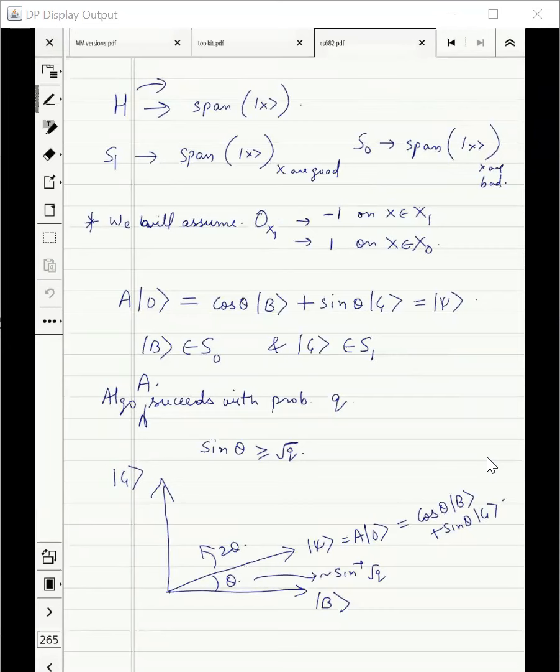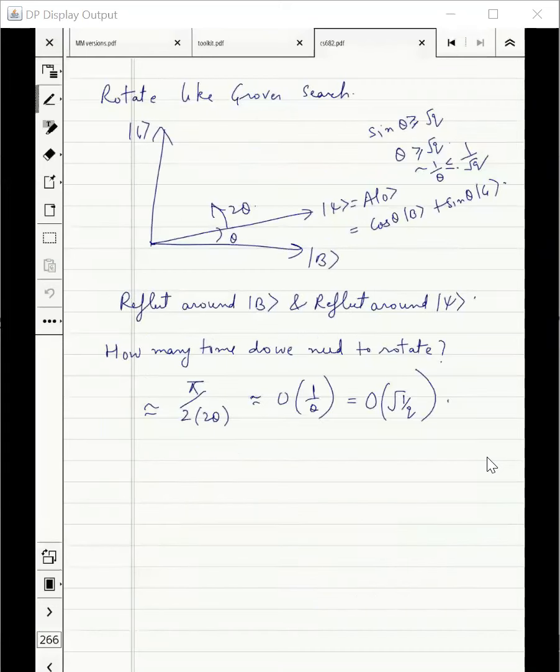Let me tell you, the answer is hidden on this page. One of the reflections is written on this page. Around V, it's easy; we can get it. We have an oracle which marks whether the state is bad or good. That will give us reflection around V.